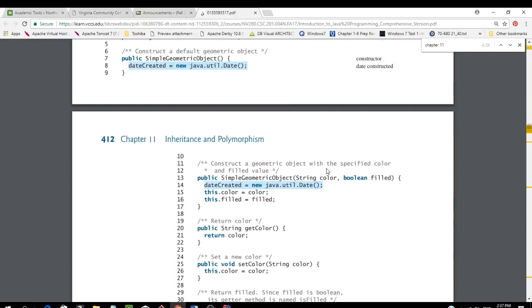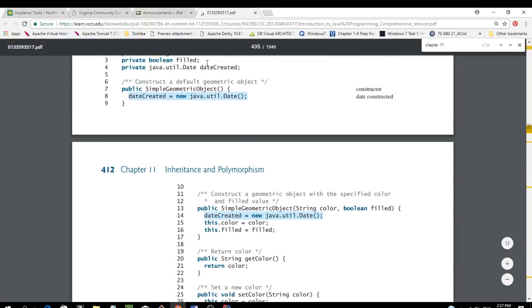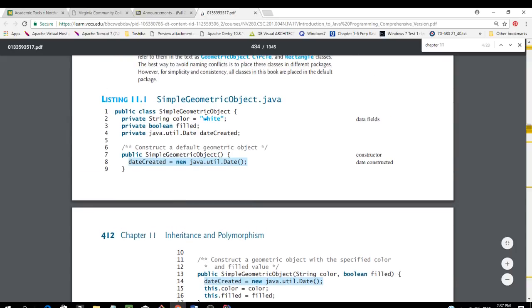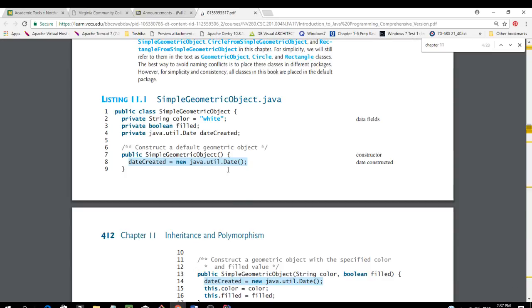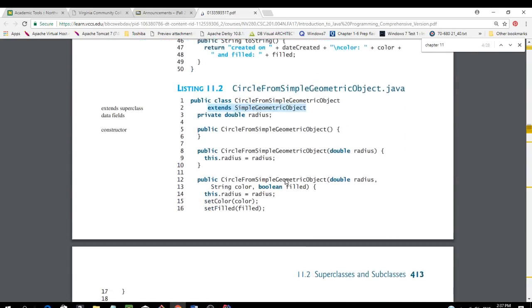The date methods, let's come back right here. We could just say new Date if we import java.util in the beginning. This one just happened to import right here, right? All right, so